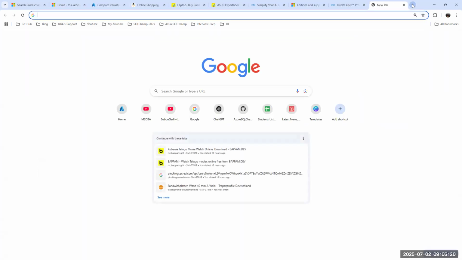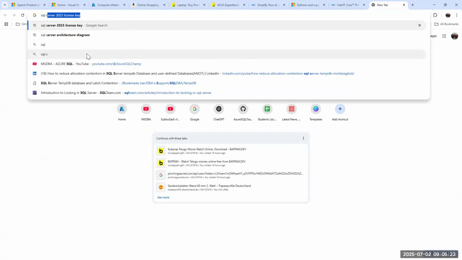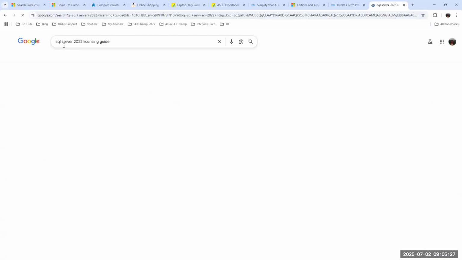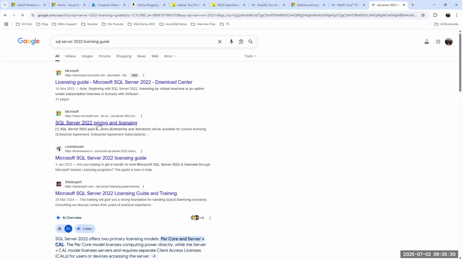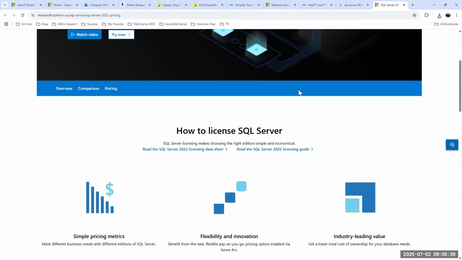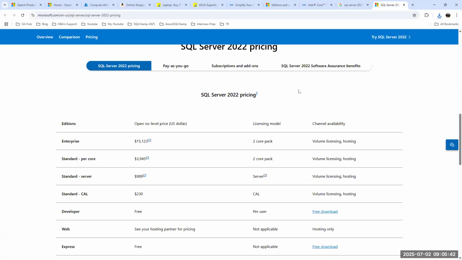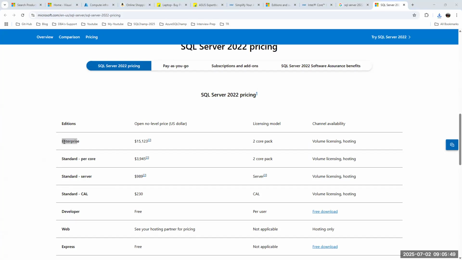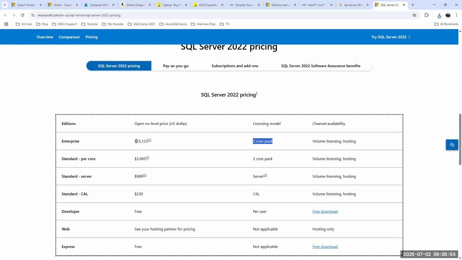Now you will go and ask about the SQL Server 2022 license cost. Okay, license guide. Let's open some of the blogs. Scroll down. Now see, when I go for Enterprise Edition, for 2 cores, Microsoft is charging